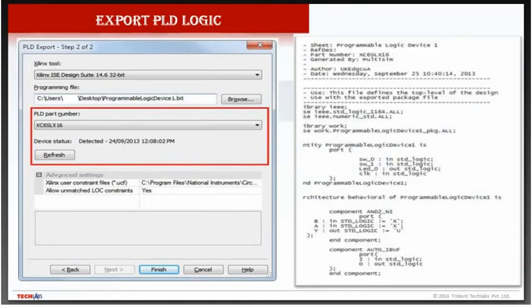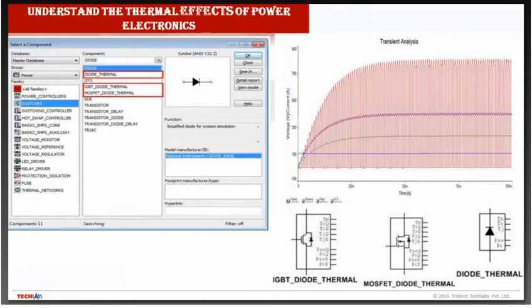Even in the new version, it also introduced one feature: thermal components have been added. Previously it was normal IGBT, normal diode, normal MOSFET, but now in the library list it introduced thermal IGBT, thermal MOSFET and thermal diodes, where we can view all those thermal characteristics or properties of those components, and we can get the direct thermal analysis or result from all those components, which is also an added feature or advantage of the Multisim software.